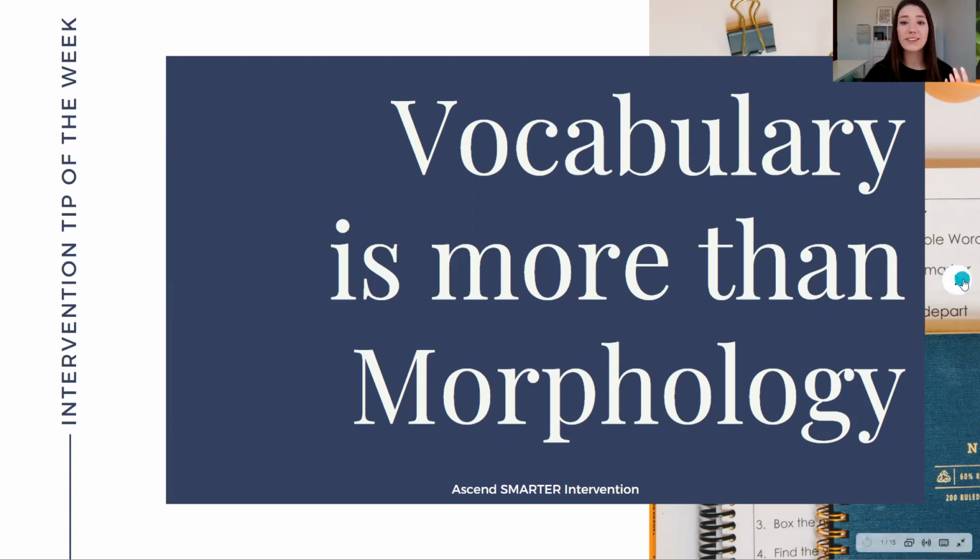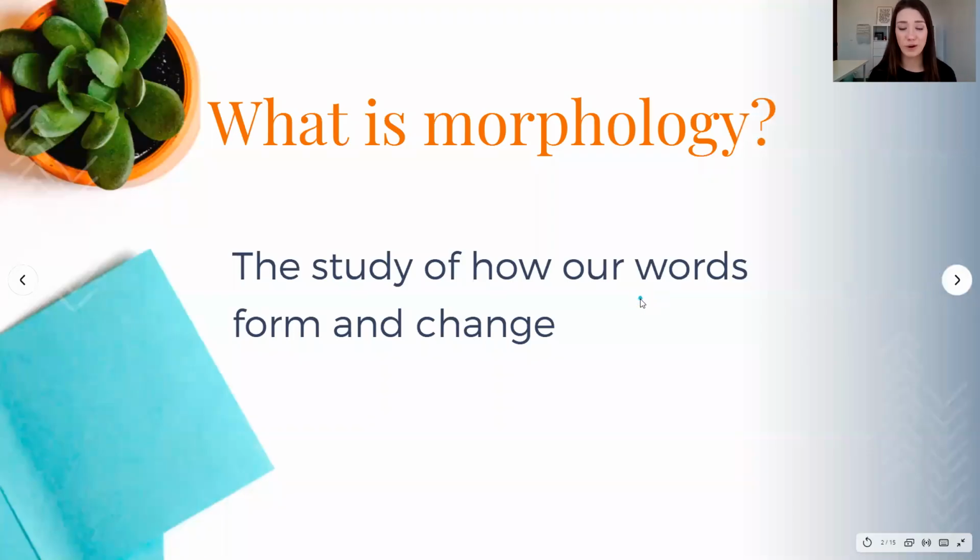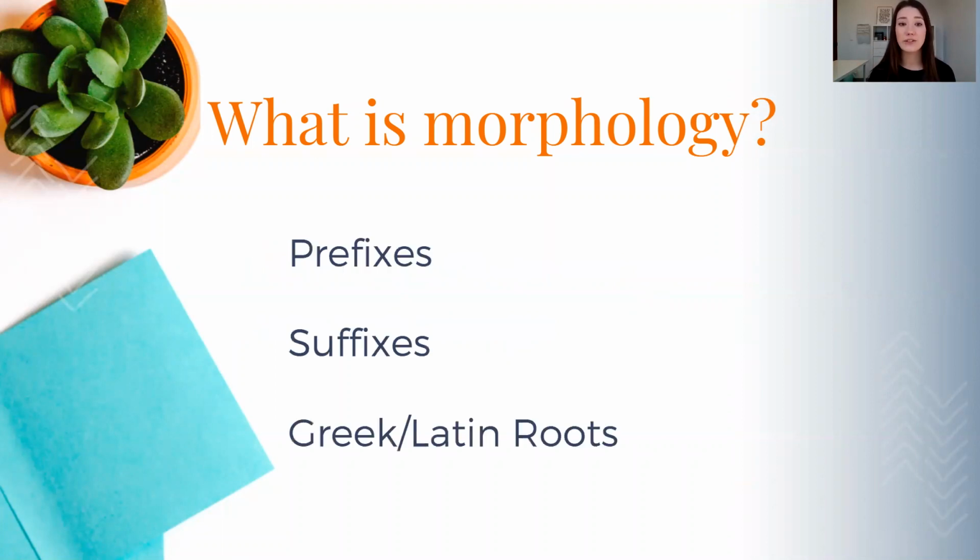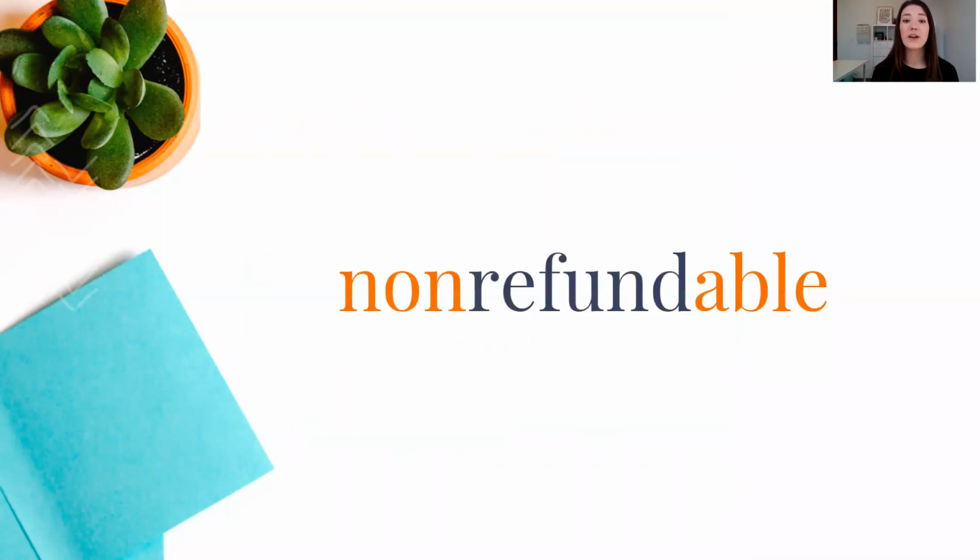So to start, let's jump in and talk about what is morphology. This is the study of how our words form and change. So it may include instruction around prefixes, suffixes, and Greek and Latin roots. We're looking to see how all of these different pieces come together and hold meaning in order to form different words in our language. For example, if we look at the word non-refundable, we see that we have a prefix